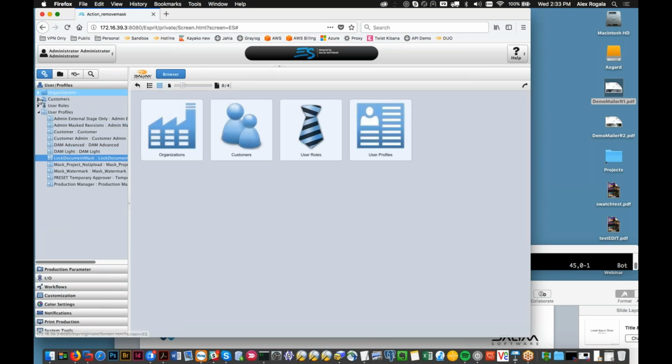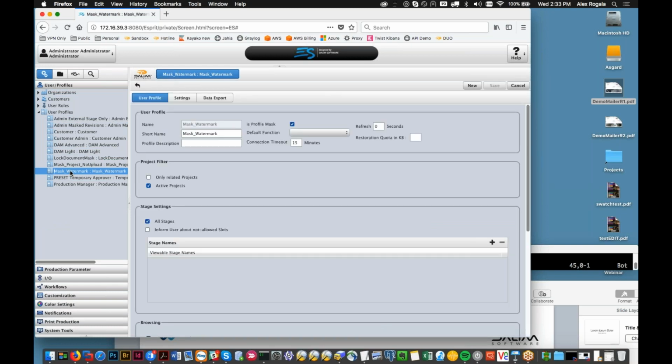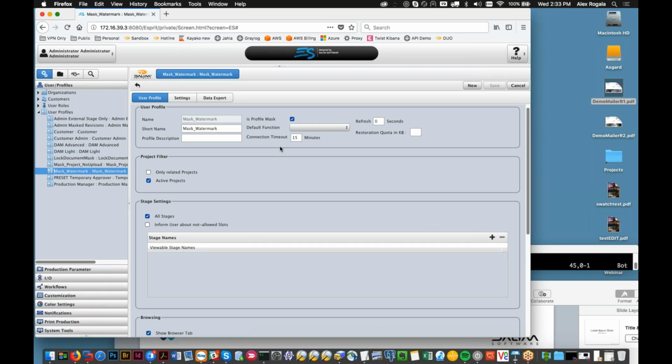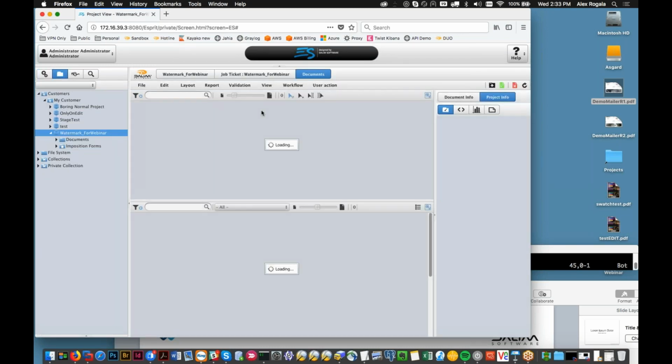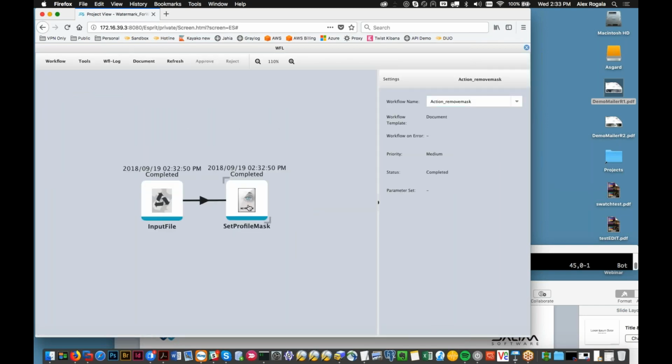Actually, I think you should look at your user action again, because I think you forgot to set the context on it. Well, I didn't use a user action there. That's right, I'm just going through the mask. Yeah. So it was called mask watermark. It should be the same in this workflow here. We go to